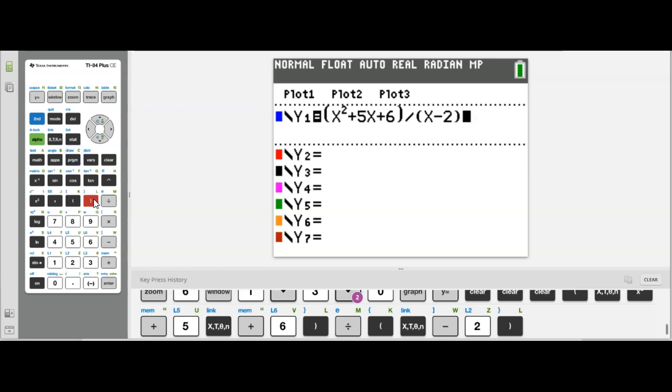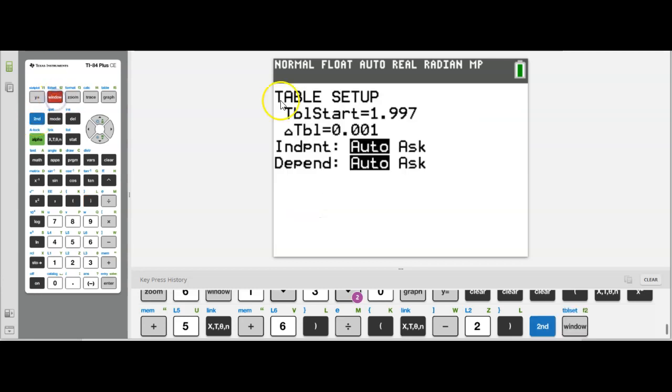Okay, function's entered in y1. We are looking for the limit as x approaches 2, so I'm going to start with the table. This is already set up from a previous lesson, but I'm going to start at 1.997 and increase by 1,000th every time. I'm going to look at my table,